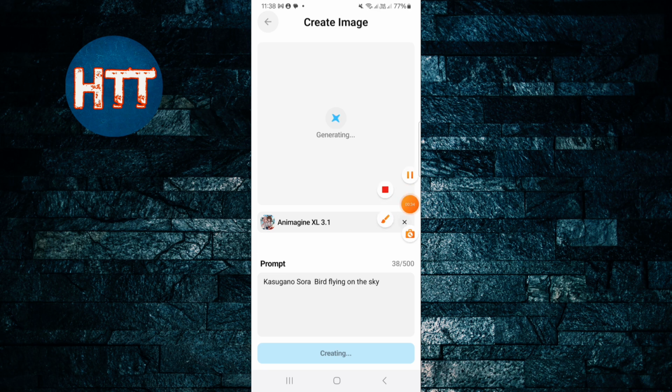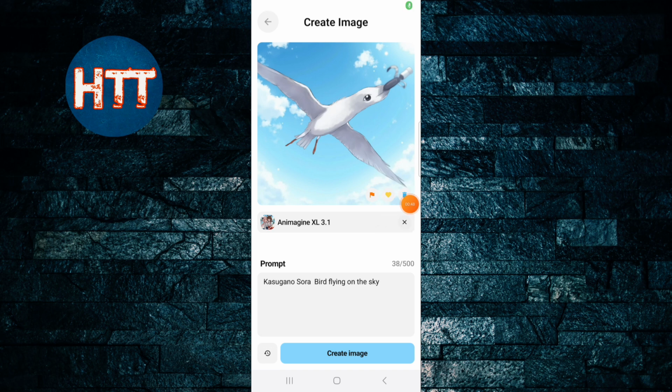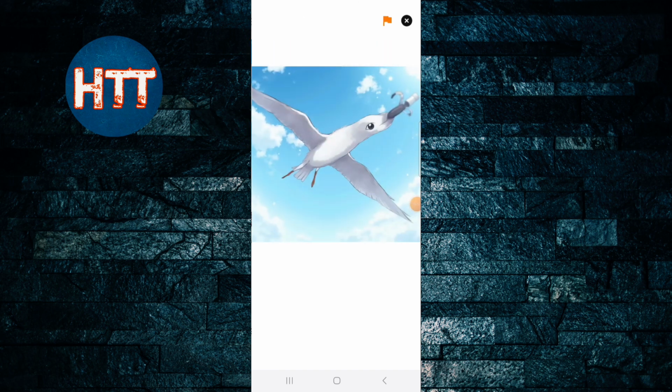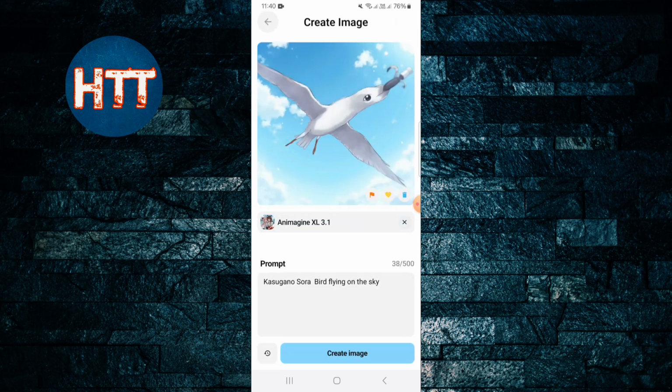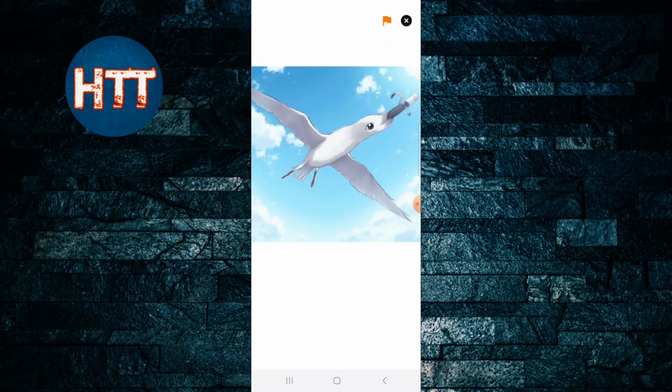You can see it's generating, just wait. It takes more time, so I need to pause this video. Here you can see the result, how it looks. You can regenerate this image